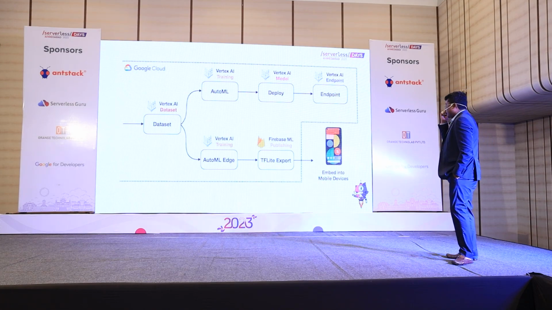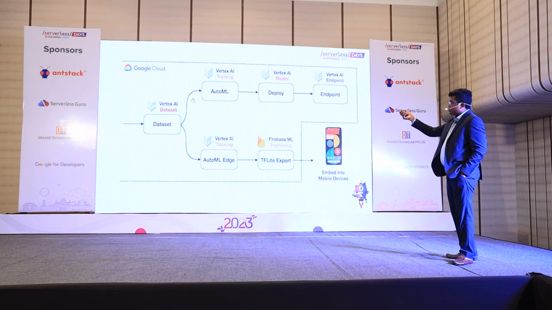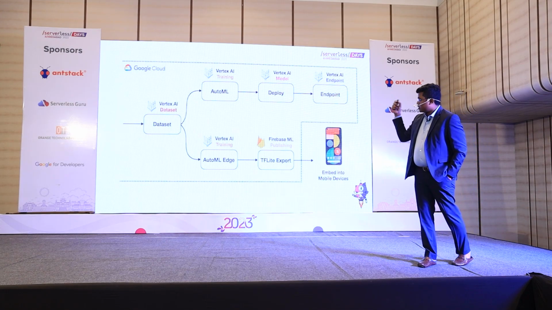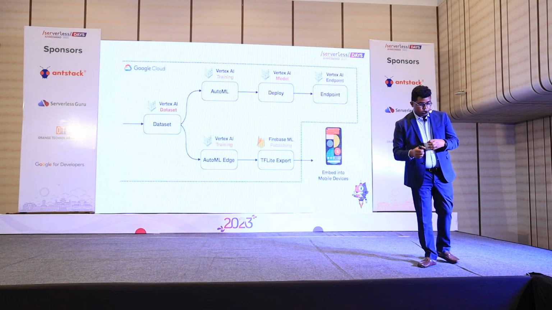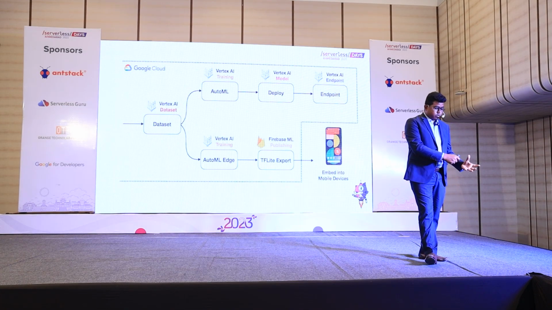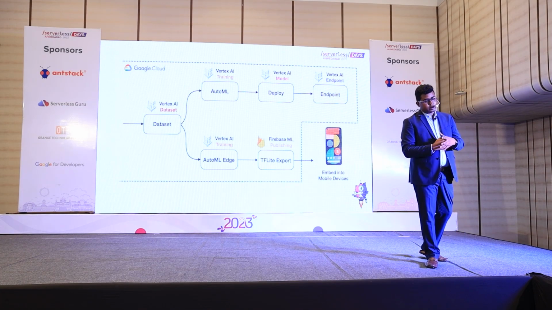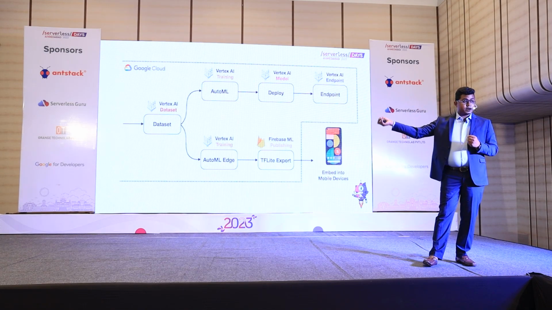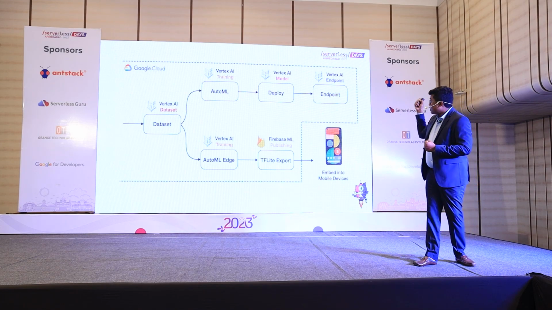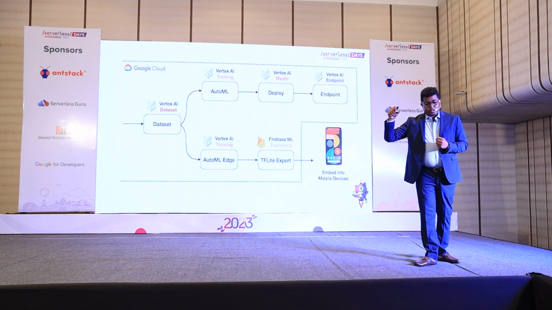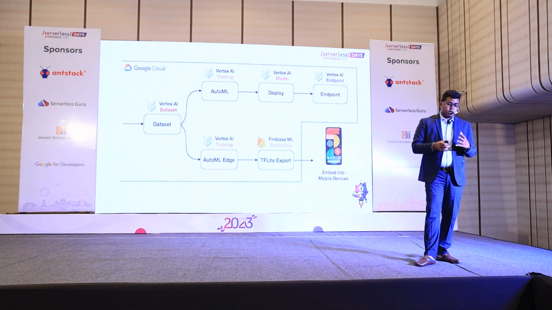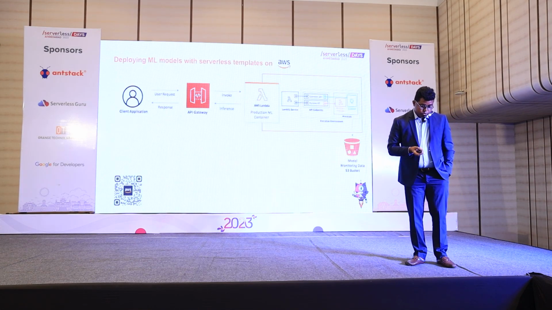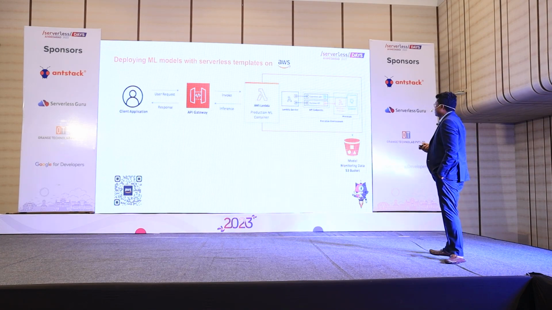So, a more detailed view. This is how everything is done with Vertex AI, where you start with the data. Now you use an AutoML model, or if you want to train that model on your user's phone, you can do that using the same pipelines that we have discussed. Then you go ahead with deploying the model and creating an endpoint using Cloud Run. And the same example, if you look at it from